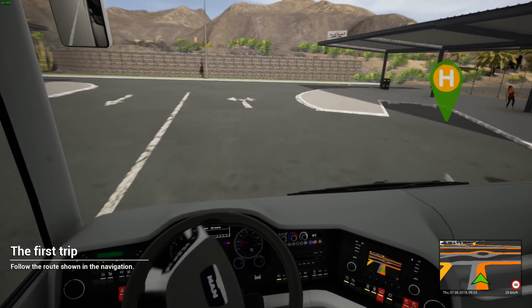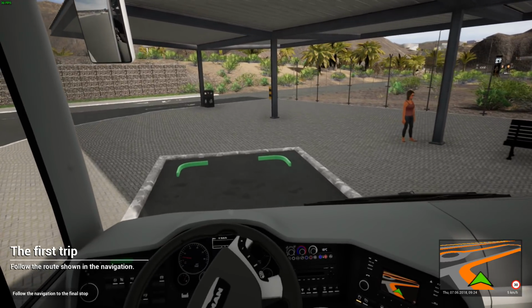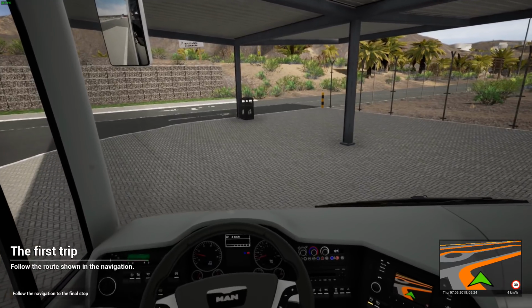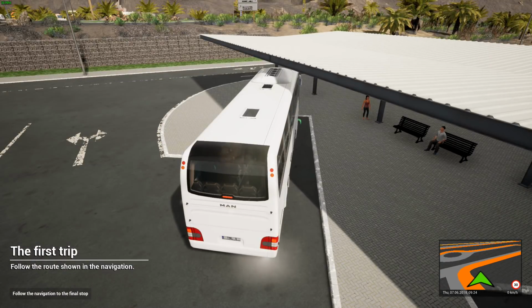Am I stopping here? I don't think I am, am I? Am I meant to be stopping here? I don't know. Right, I'm going to just stop very quickly, just in case. I don't want to miss any passengers. Well, it looks like people are getting on and people are getting off, so...